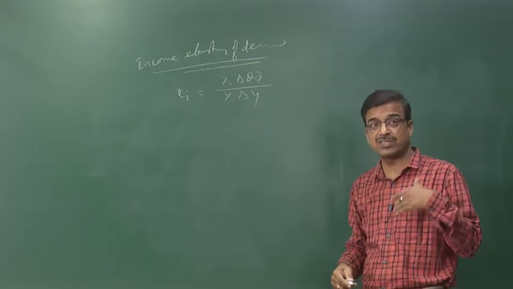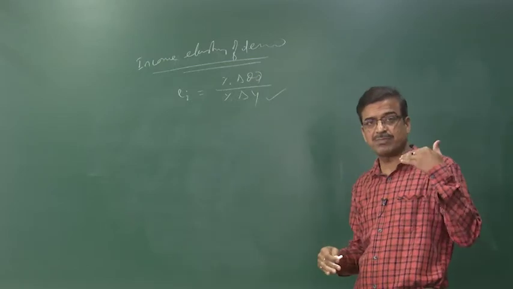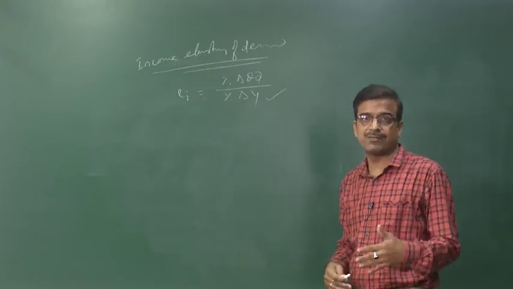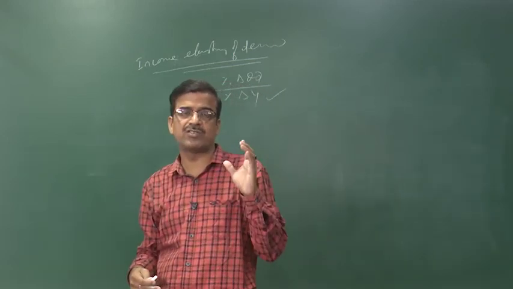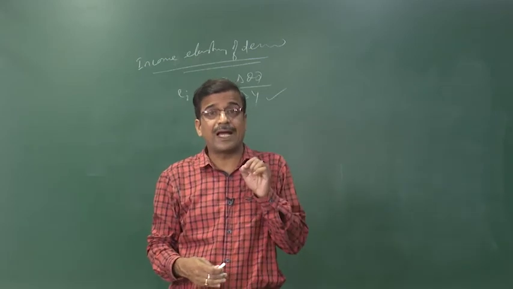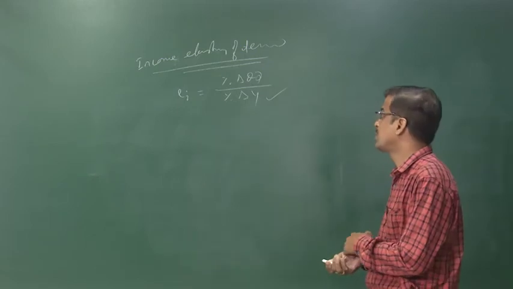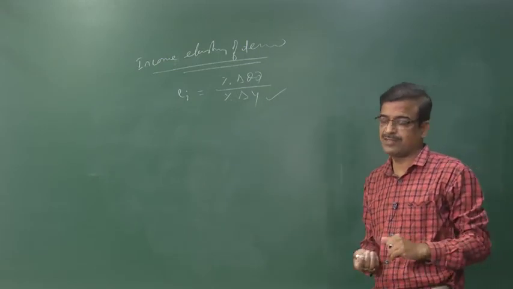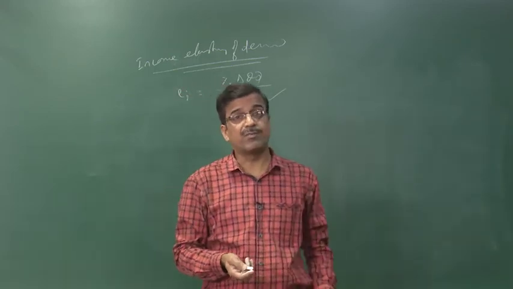It means how much the demand changes when income changes, okay, that is the responsiveness of change in the quantity demanded to change in level of income. Previously, responsiveness of change in the quantity demanded was due to the change in the price of the product. Price change leads to how much demand fluctuation, and now if income changes, how much does demand fluctuate, right? So that is known as the income elasticity of demand.